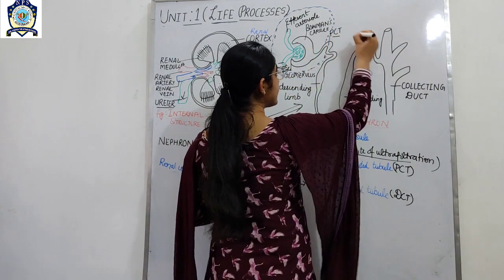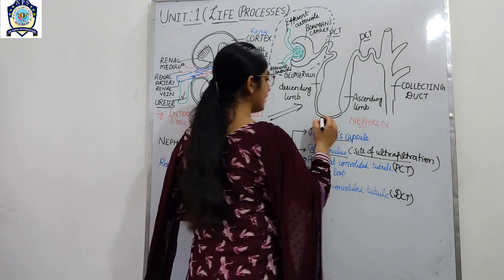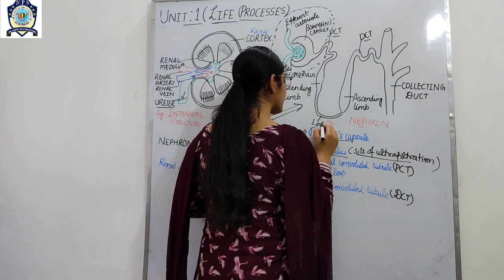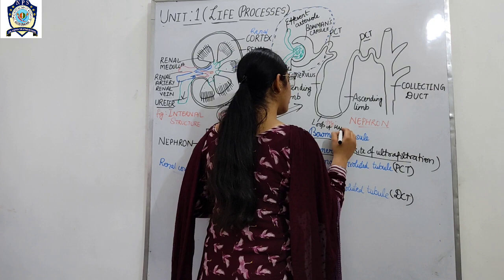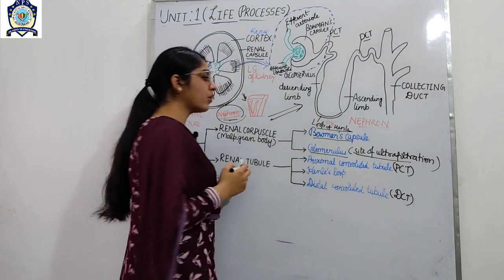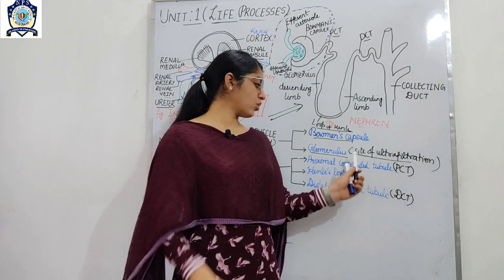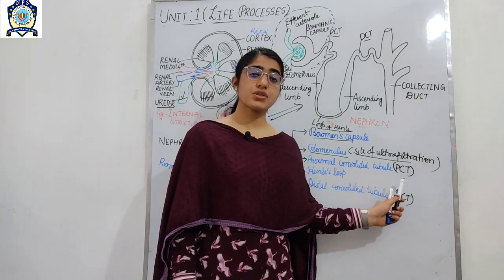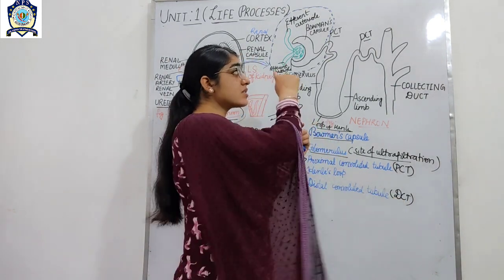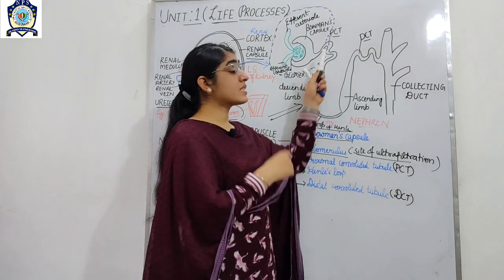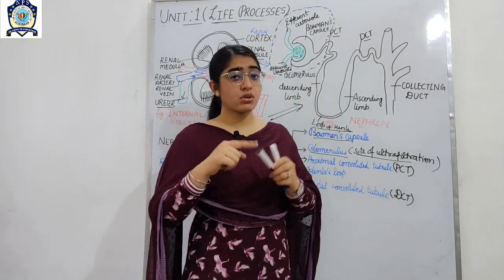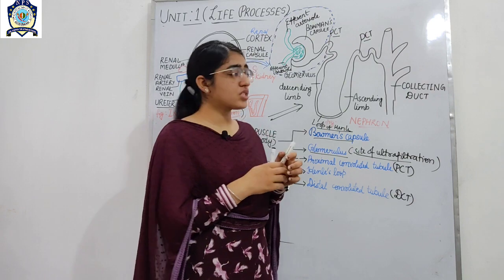This one is the PCT, this one is DCT, and this one is called the loop of Henle. PCT stands for proximal convoluted tubule. This is a long and convoluted tubule, a coiled structure, which is